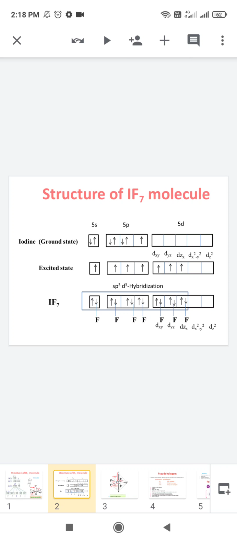So every orbital in the excited state is half filled, and these orbitals undergo hybridization to form sp3d3 hybridization, and these hybridized orbitals combine with the fluorine atoms